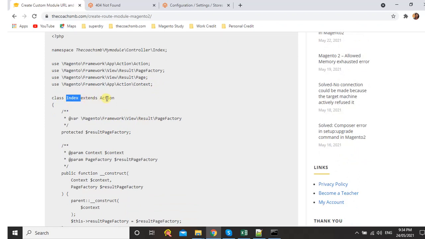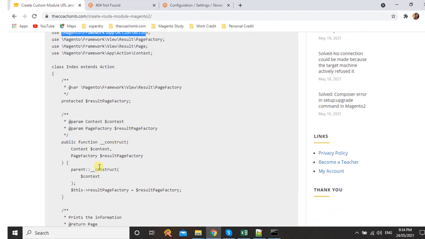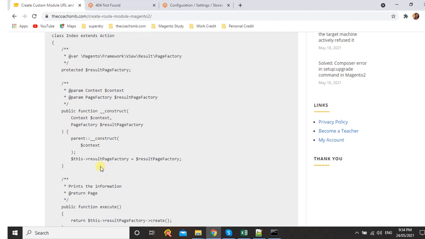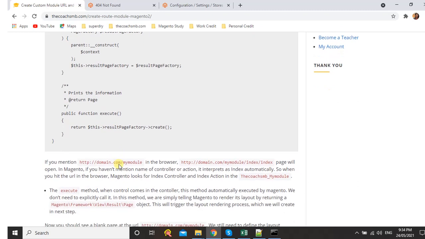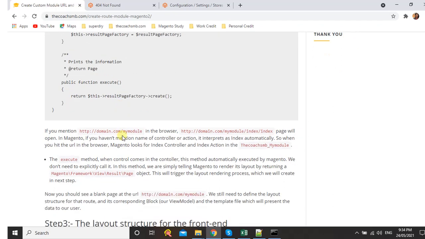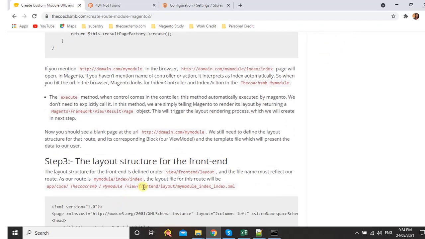Okay, let's understand then. Class index extends action. So what does action represent? Action represents this. In the same way, this is a constructor and the page factory. What it is doing is getting a result in the layout. That code we are going to write here in step 3.